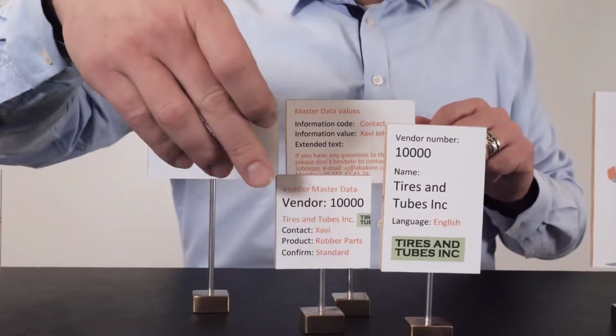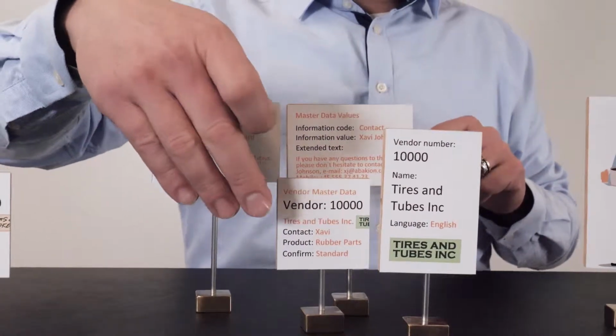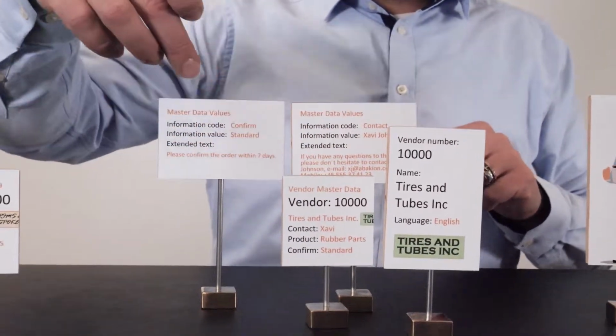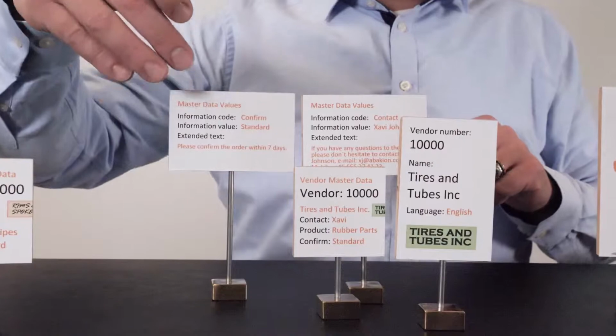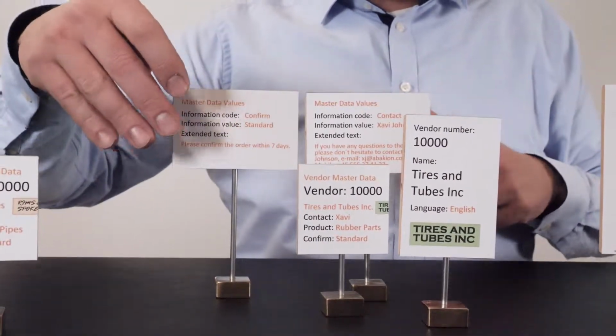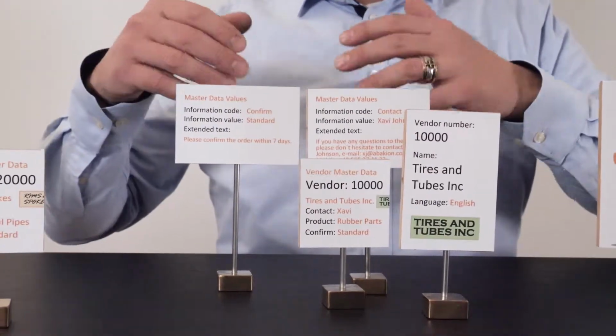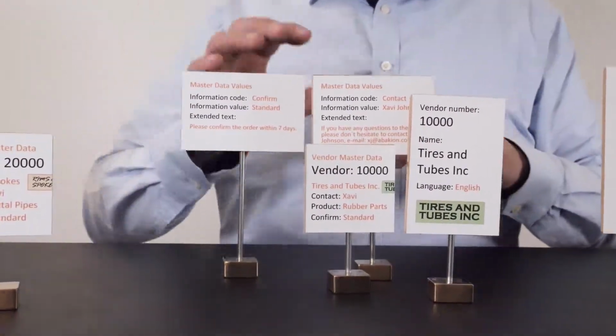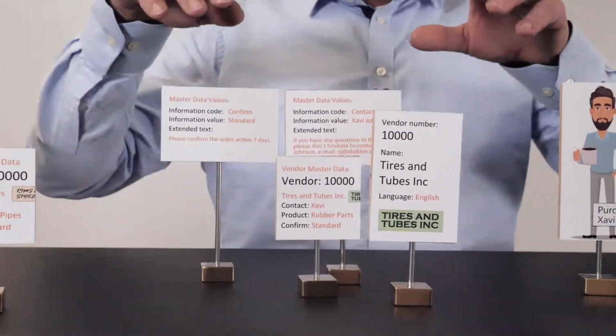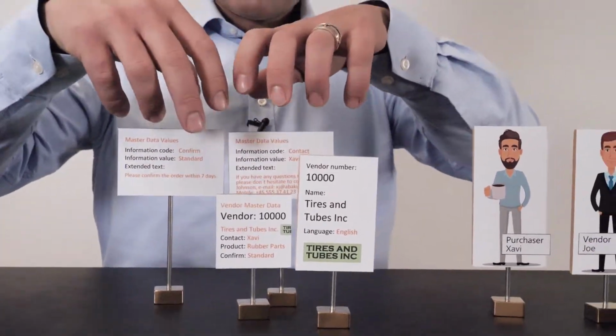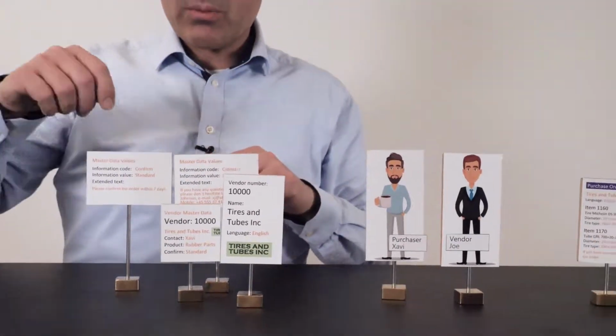And you might also say that there's a confirmation standard he'd like to set up that refers to the master data of confirmation, saying, please confirm this order, and so on. And on those two, we could actually set up language codes in other languages behind this. I'll show you how that works later on items. So with this setup, it's possible to make those data flow to the open documents.